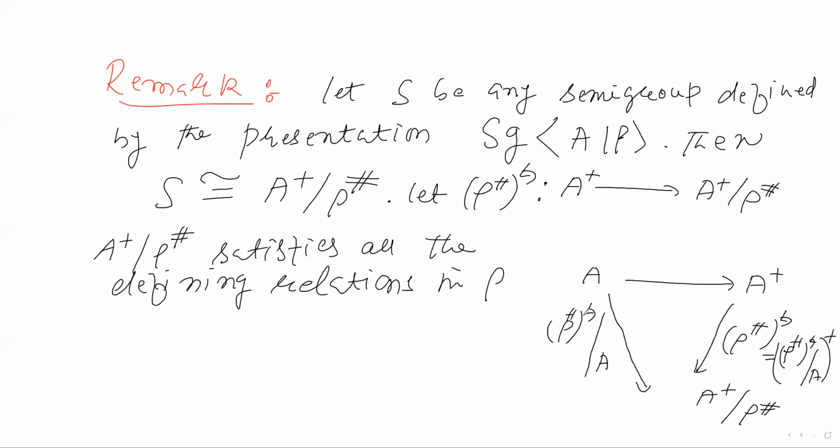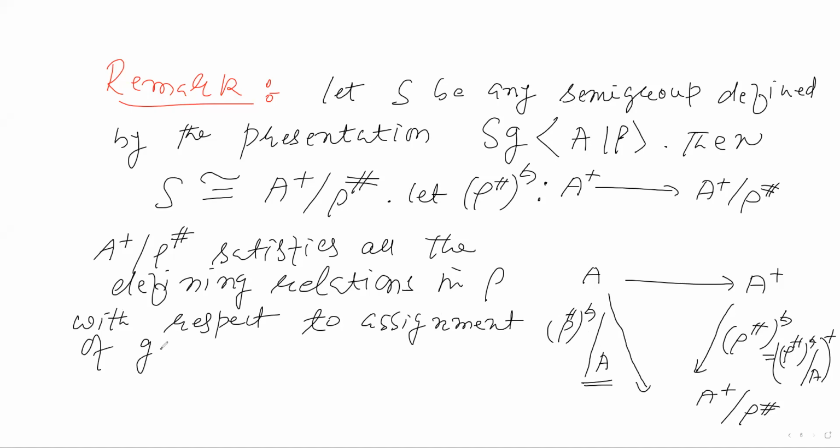Here the assignment of generators is this map, rho sharp natural restricted on A, from A to A plus over rho sharp. It is obvious